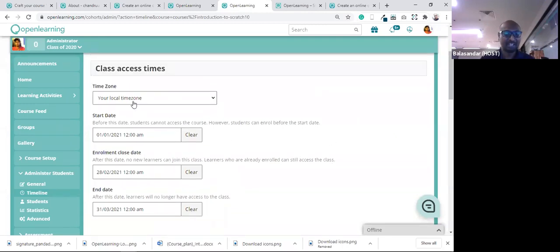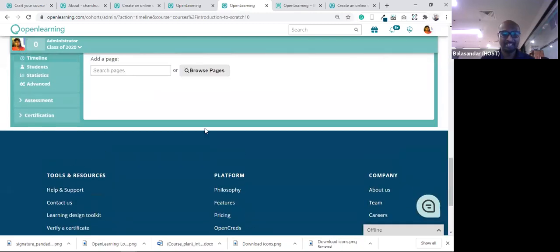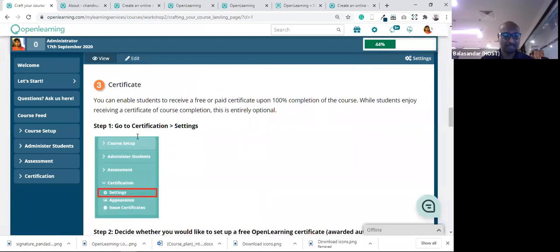And then for time zone, just leave it empty. Once you're happy with it, there you go. I already set up the date. This is how you set up the class access date. The third one, I'm going to show you how to set up the